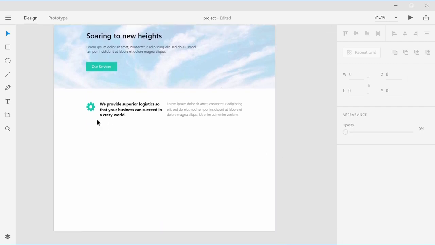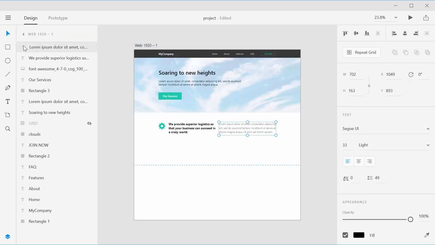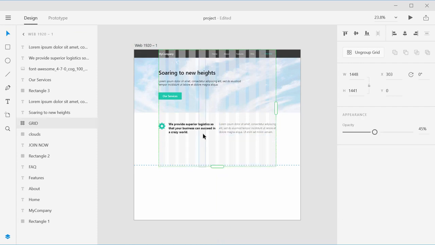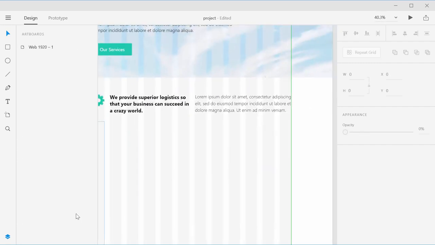All right, so let's go ahead back and turn on the grid. And that is right here. This grid, let's go ahead and click on it and drag this down. Great. Okay, so now